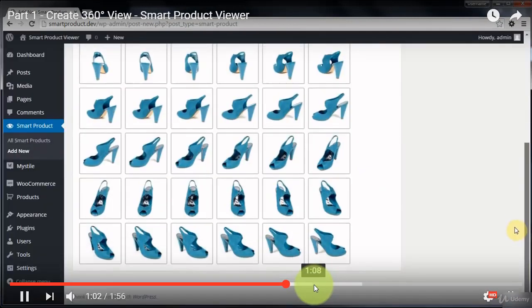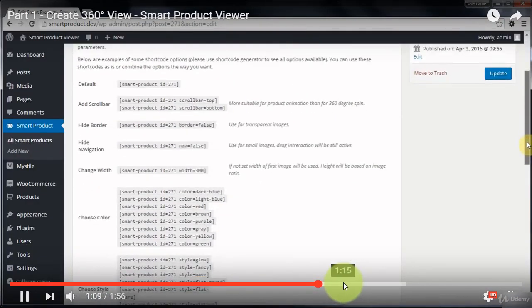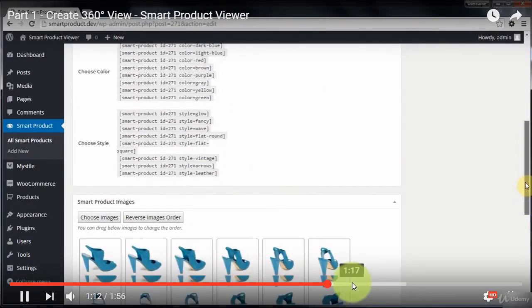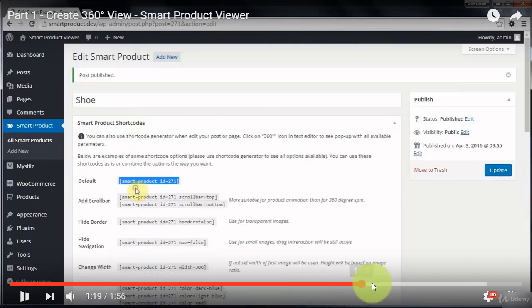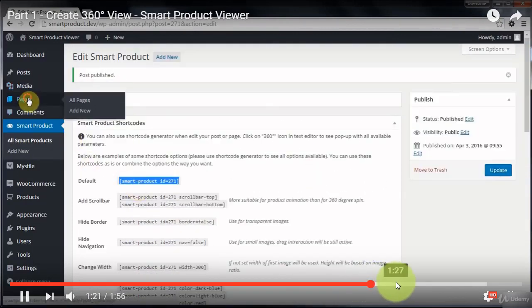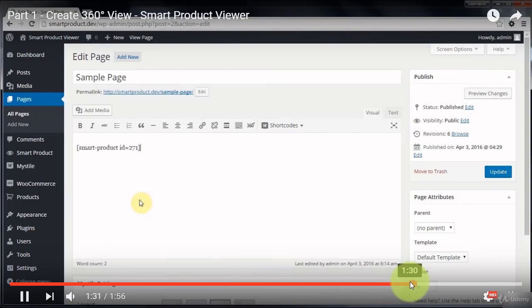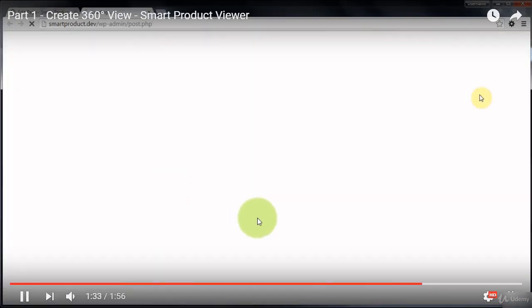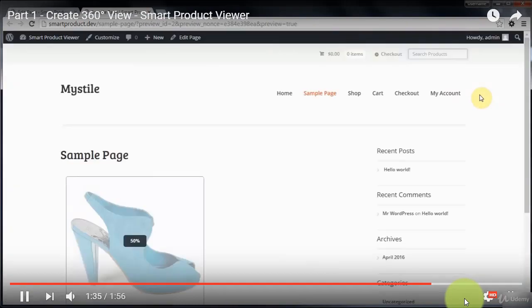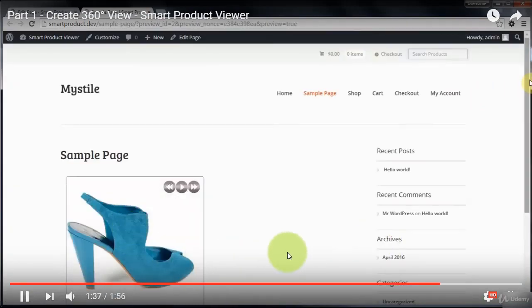Okay, and I'm just going to speed it up here because it takes them a while. Okay, and once it's done, it gives them a short code. Okay, that they can put in a page. I'll just quickly do that. So they paste it in their page editor, and we can see it here. So now it's loaded,